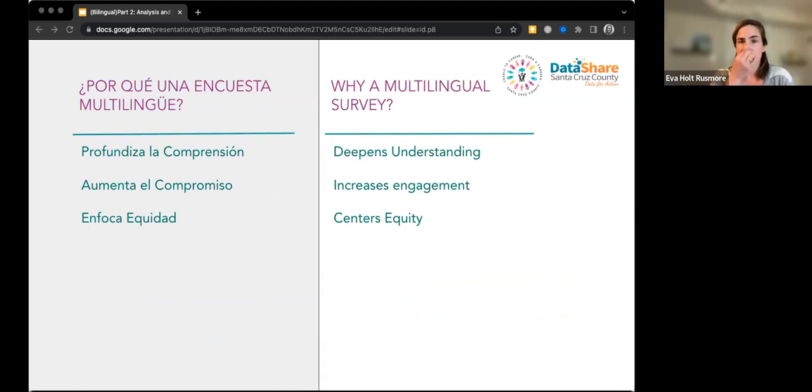So why are we doing this? Schools, government, nonprofits, grassroots community members can all design and conduct and analyze surveys with the right tools. Creating multilingual surveys increases the impact of our surveys in our community by reducing barriers to participation and increasing access to information. And that's really the aim of creating inclusive surveys, to ensure that surveys deepen understanding around our community and what they're doing, what they need, what they want,